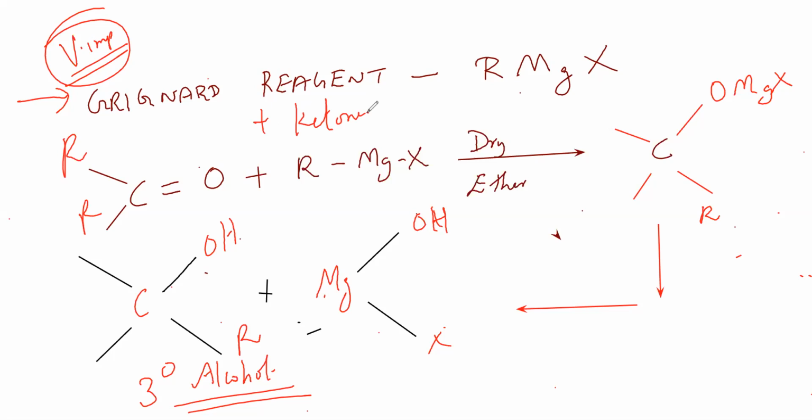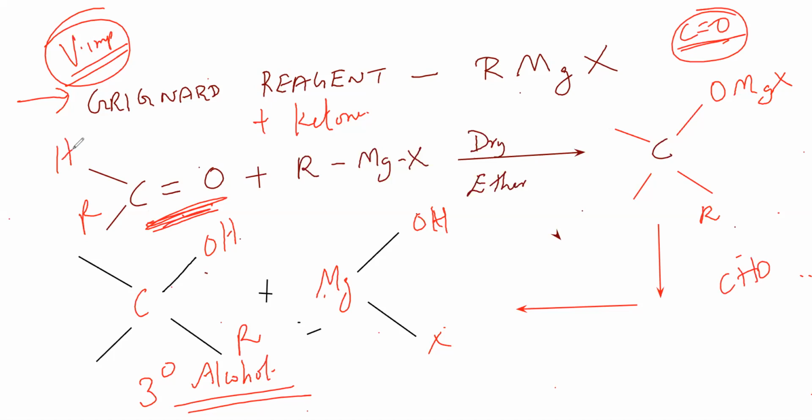This is a ketone. So guys, what is the difference if it is with the aldehyde? This is a ketone which I have drawn here. For example, if it is an aldehyde, only one simple step we have to do. What is that simple step? C double bond O is ketone. Aldehyde is CHO. So I replace one of the R with H.